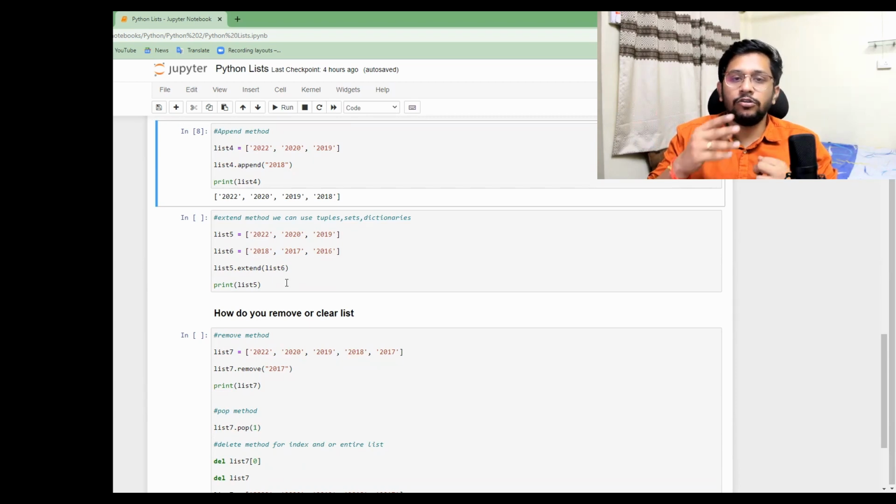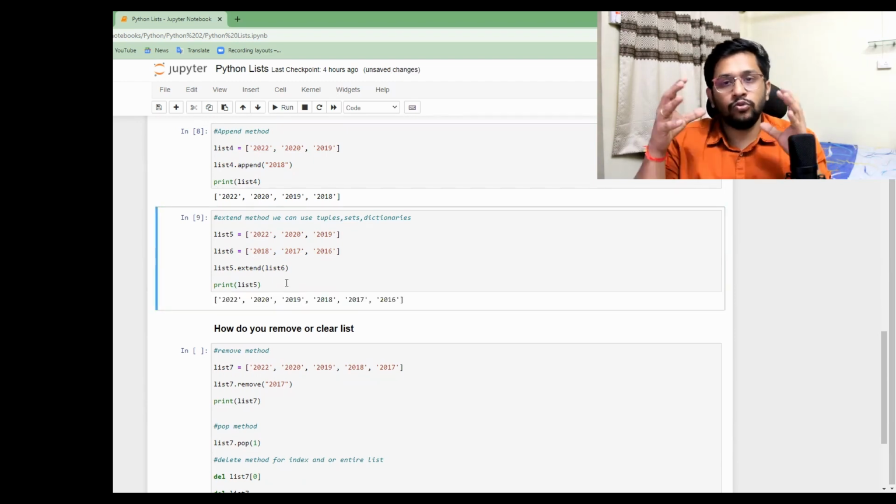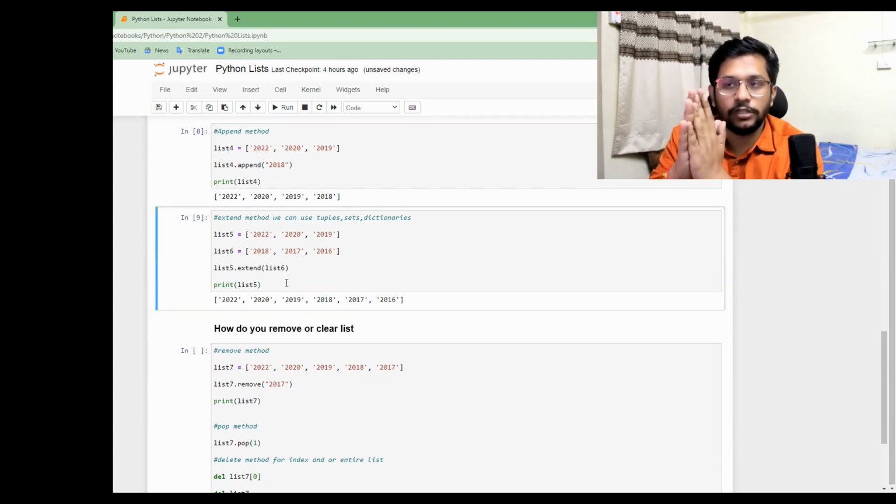I supposedly got to know that they are keeping data since 2016, not 2018. What I'll do is simply extend the list to the years that I know the data is present in the backward manner. So if I hit Control Enter, I know that those two lists got combined, right?